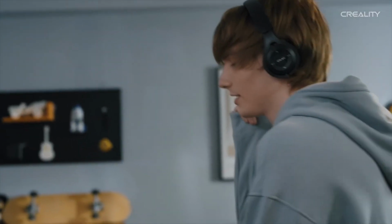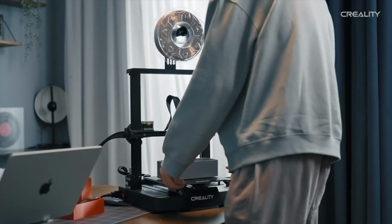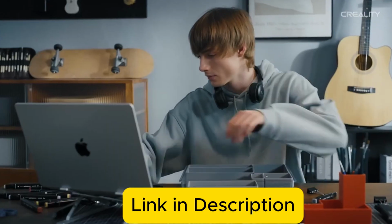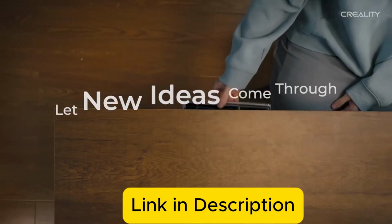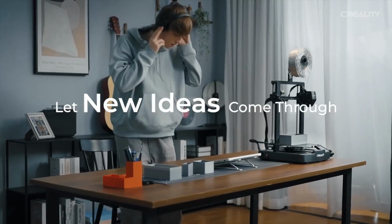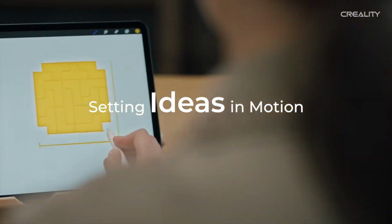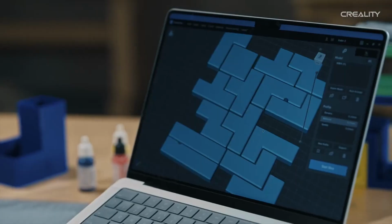It supports print speeds up to 250 mm per second and comes with a flexible spring steel print bed that makes removing your prints a breeze. The frame is compact yet sturdy, ideal for desktops or home workshops, and the user interface is beginner-friendly. This model strikes a perfect balance between simplicity and capability, making it a great everyday printer for personal projects or